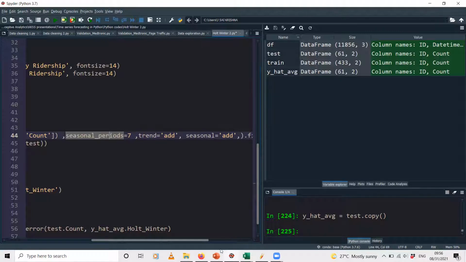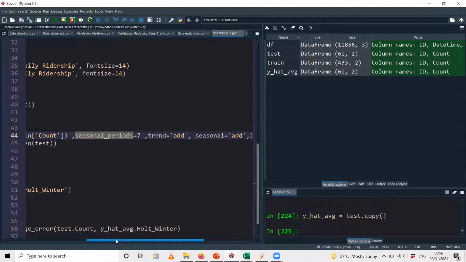Sorry, quick question over here. We are specifying seasonal periods as 7, which indicates 7 days. Am I right? Then when we want to specify 7 months, how do we do that? We are not giving anything saying it's days or months for the seasonal period. Yes, so here it doesn't allow you to specify the unit for the days.